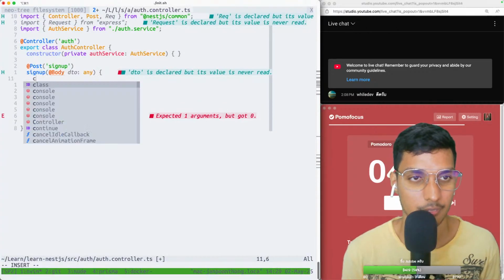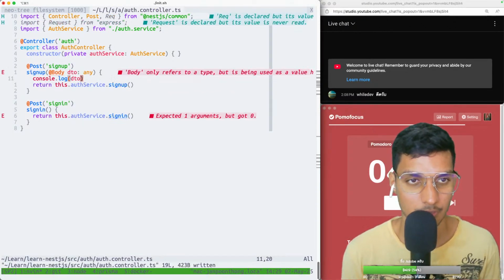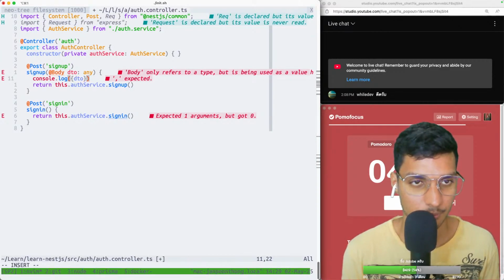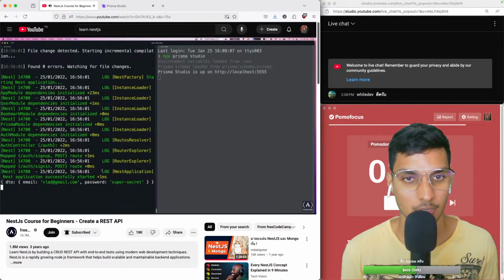My favorite logging pattern. So basically it's just going to create an object and put the DTO inside it, and that's a shorthand for that. Let's go ahead and do the request again, and you see that it also